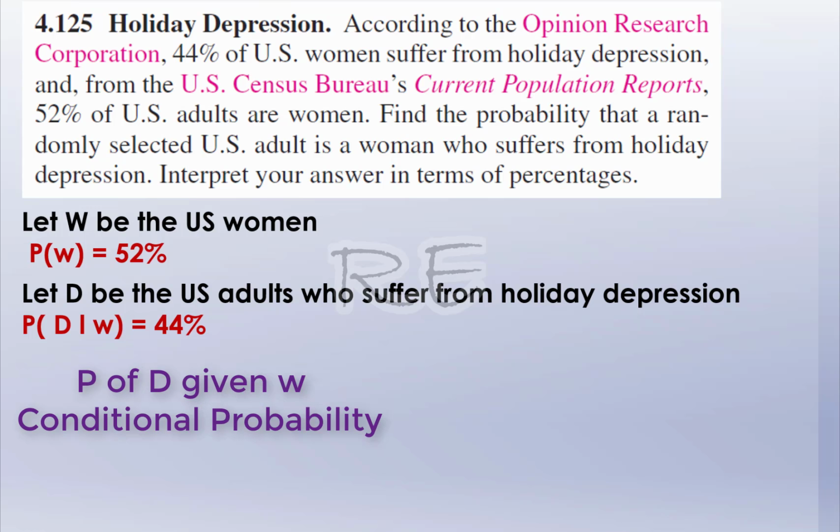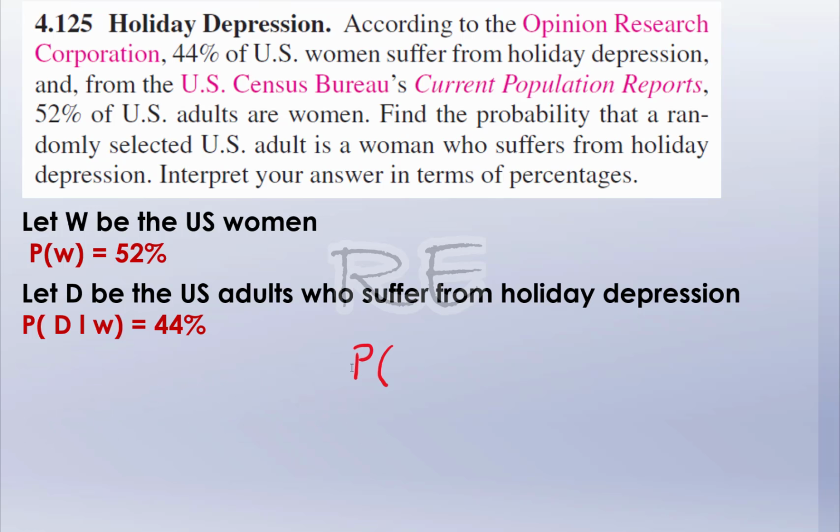So P of D given W is equal to 44%. Suffering from holiday depression given that you are a woman. Probability of suffering from holiday depression given that you are a woman,